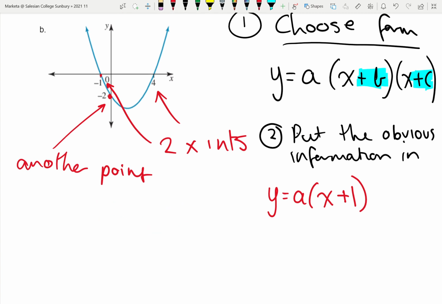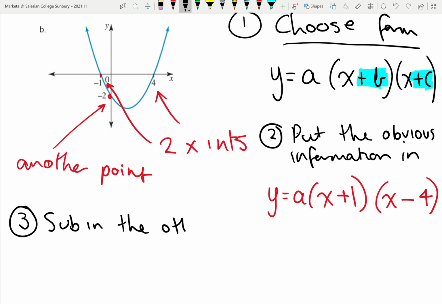So that's why I have the opposite value there. The second one, my x-intercept is 4. It's positive 4, so I need to write x minus 4 there. So at this stage, I've got maybe 2 out of 3 marks or 1 out of 2 marks. And now I just need to find a. And as I said for the previous one, the a value is the one that people will forget to do. So step 3, sub in the other point